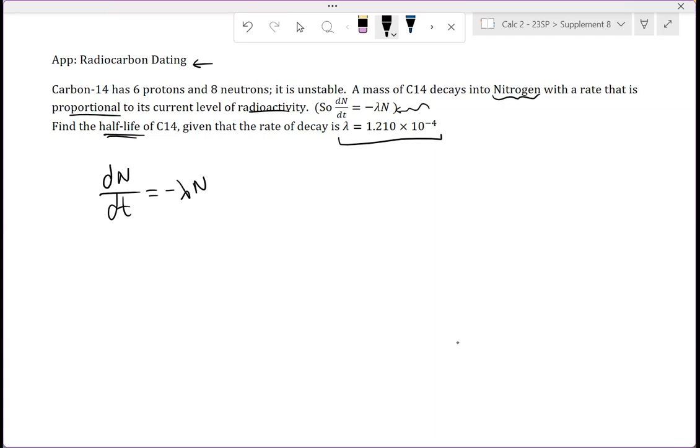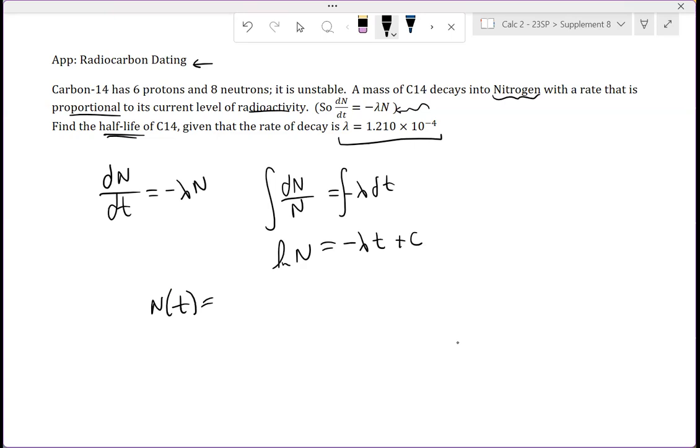We did a very similar problem in class, but let's go through it for a little bit of practice. We see it's separable. So I can separate my variables into dN over N equals negative lambda dt. I can integrate both sides. And on the left-hand side, I get log of N equals negative lambda t plus C on the right-hand side. Exponentiating both sides, I see that N of t